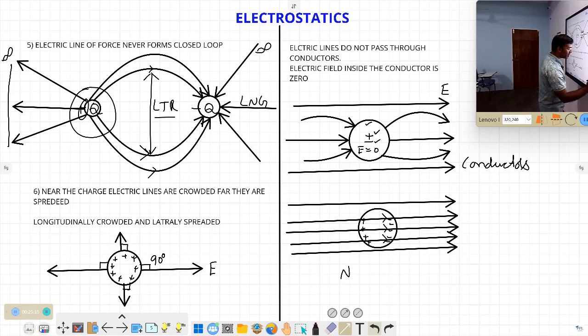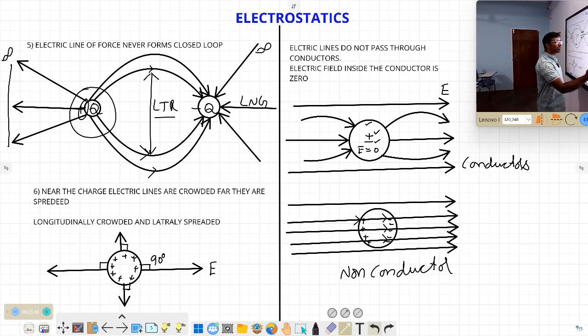In the case of non-conductors, if you see this one, the electric lines of force reach the surface of the sphere, and again they pass inside, because a non-conductor does not contain free electrons inside. That's why the positive and negative charges will be spread throughout the surface of the conductor